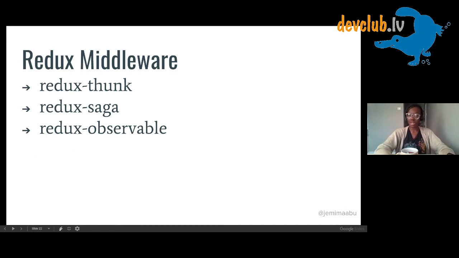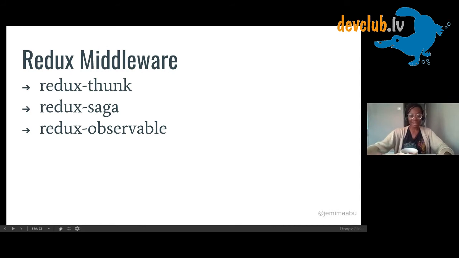Then slightly more complex ones are Redux Saga and Redux Observable. Redux Saga is based on the concept of generators and a bunch of stuff that I'm not going to get into. And Redux Observable is based on the concept of reactive programming, the RxJS library, and it uses observables to actually return these values and update your actions accordingly. So I'm going to be talking about Redux Observable. They all have their pros and their cons. Really, the main reason I'm using Redux Observable is because that's what I used at work, and that's what I was using when I was